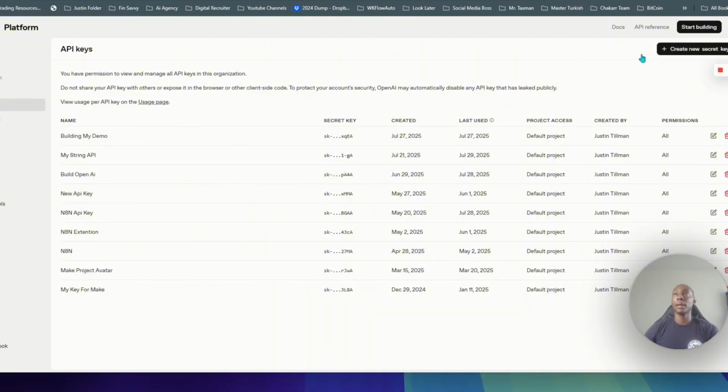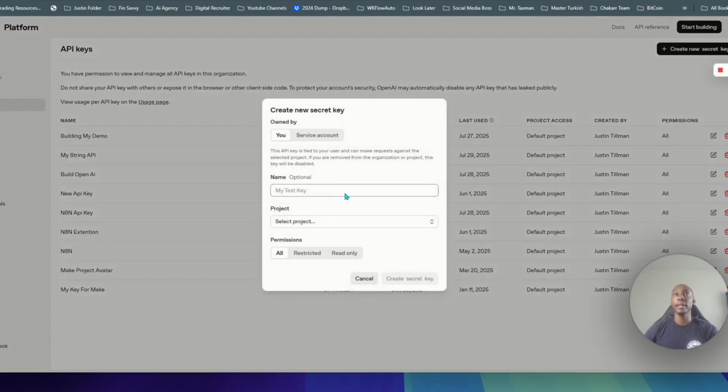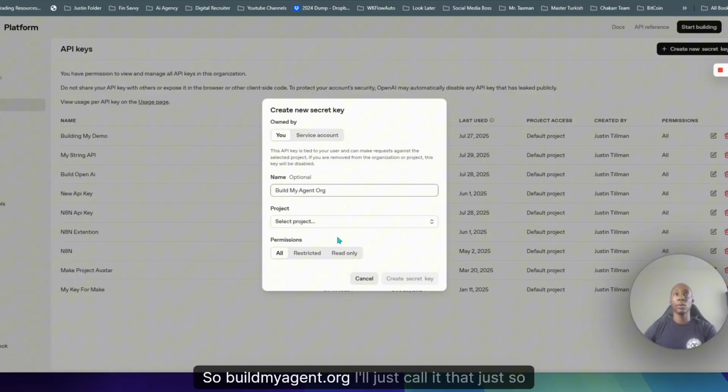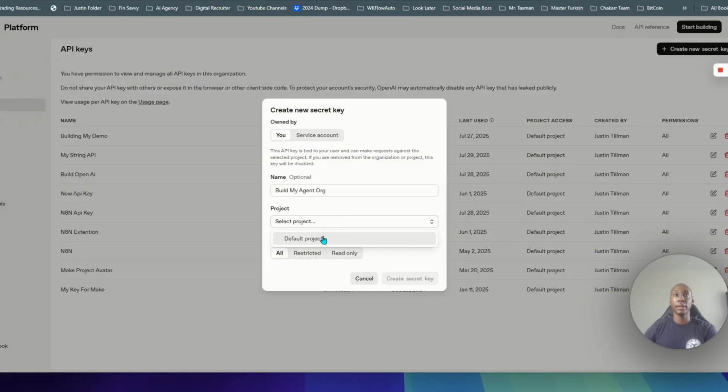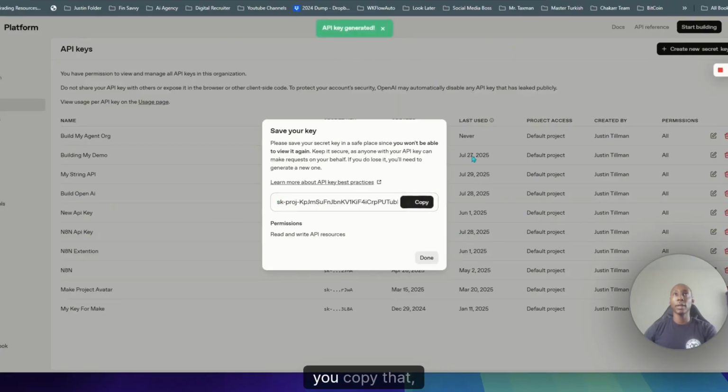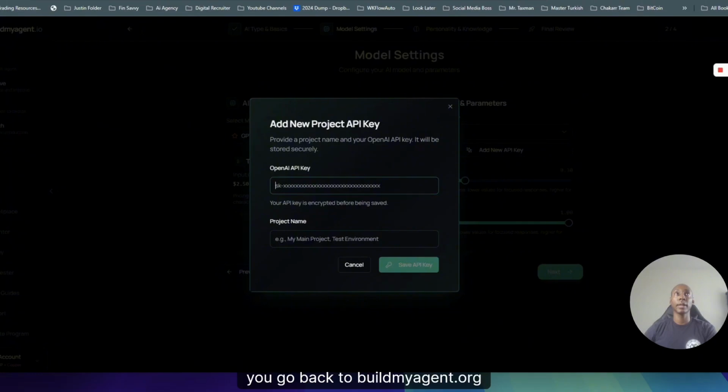But anyway, once you have your billing set up, all you have to do is go create key and give it a name. I would say the name of this is Build My Agent org, so buildmyagent.org, I'll just call it that just so it has it. Use this as a default. You create the key. Now you have the key, you copy that, you go back to buildmyagent.org, and